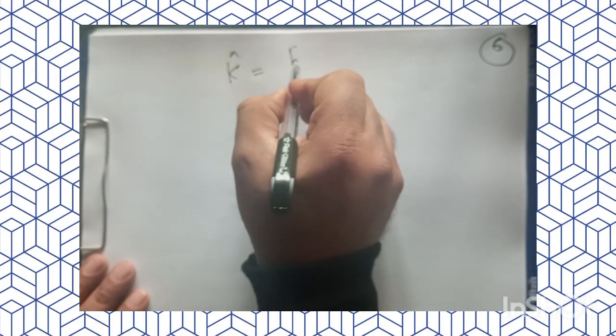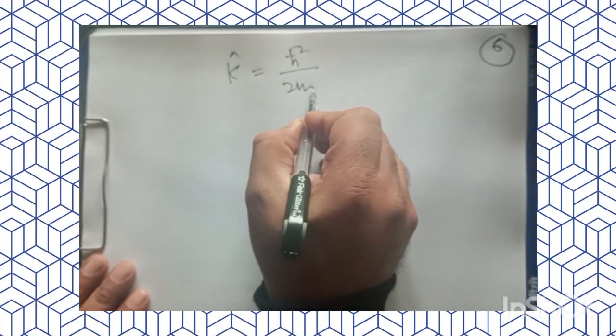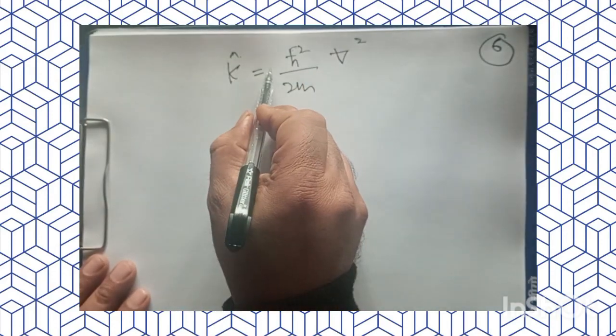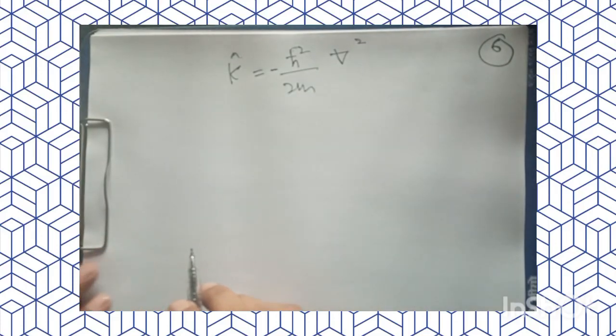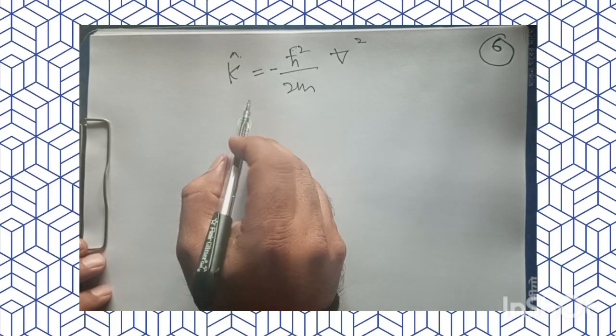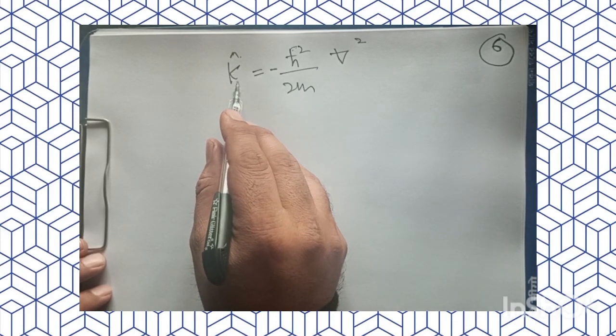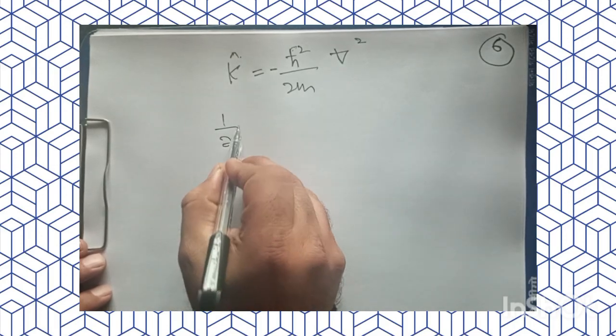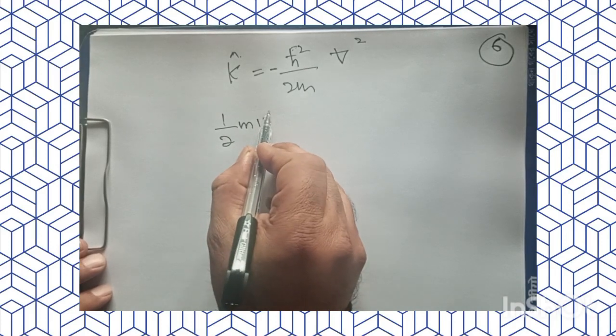That was h cross square by 2m del square, and that too it was minus, right? So this is our kinetic energy operator, and I would like to have the velocity operator from this equation, and I can have that by simply thinking in terms of kinetic energy,